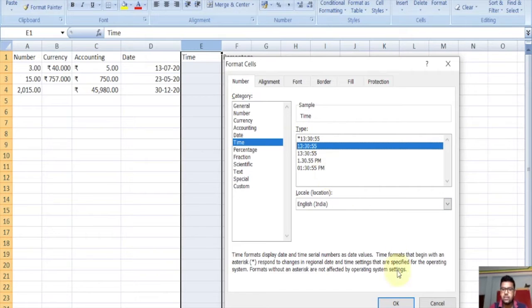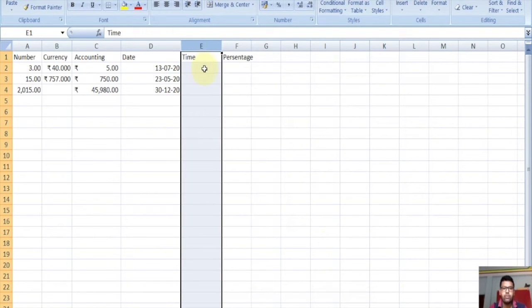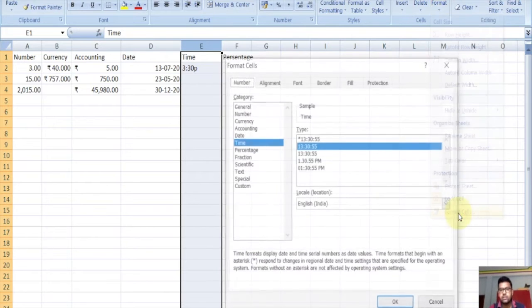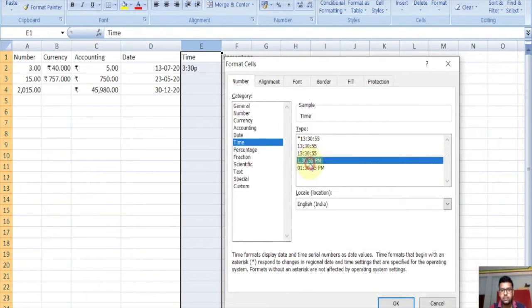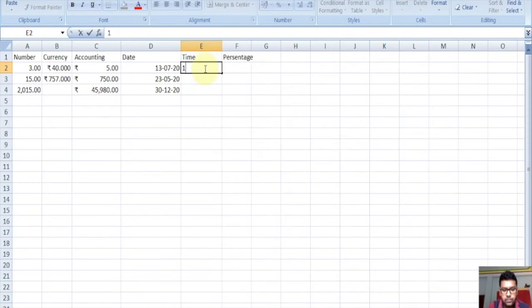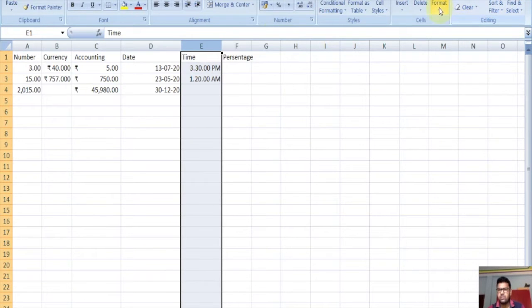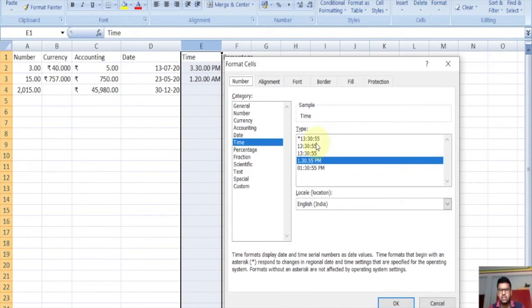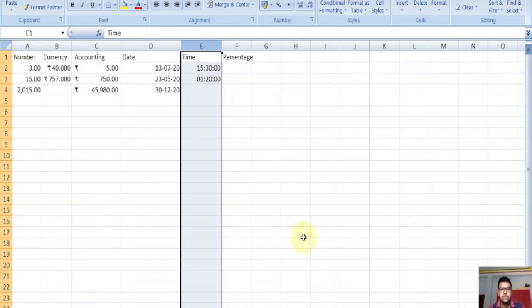Suppose we want this, and click OK, and we change the format as PM. 15:30 PM. We can change 1:20 AM. We can change this by clicking on format cell, and like this. Okay, this has changed.